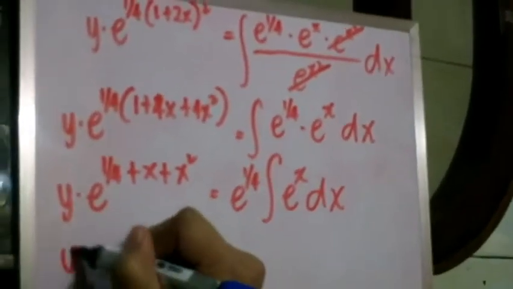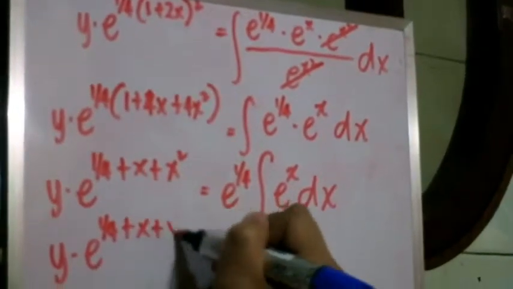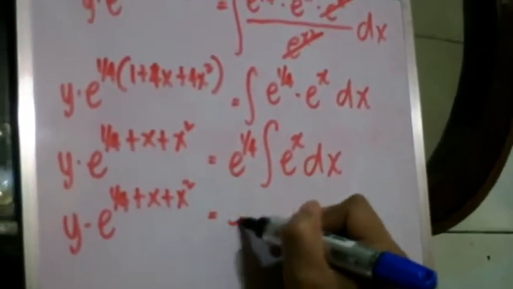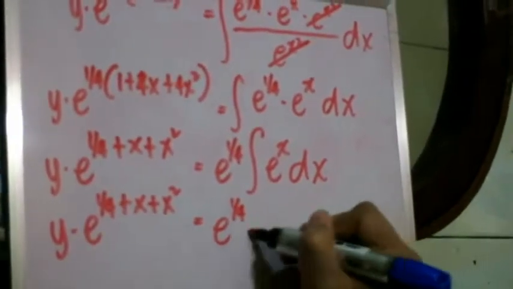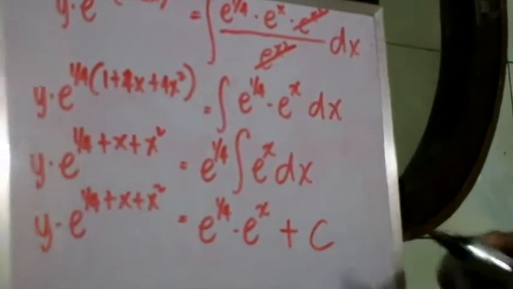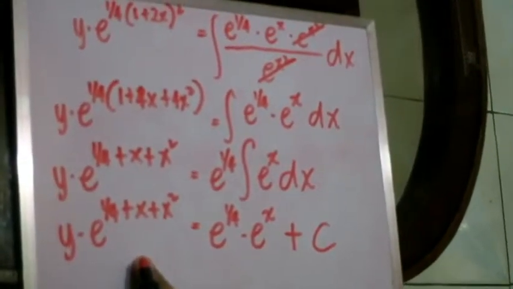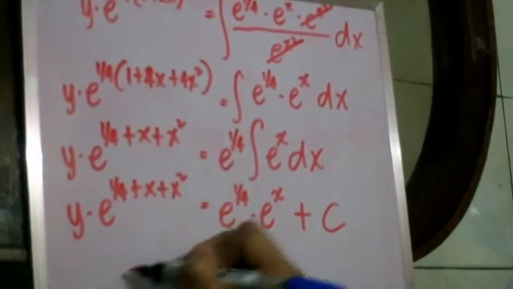So, y times e to the 1/4 plus x squared equals e to the 1/4 times e to the x plus c. Dividing both sides by e raised to 1/4 plus x squared,